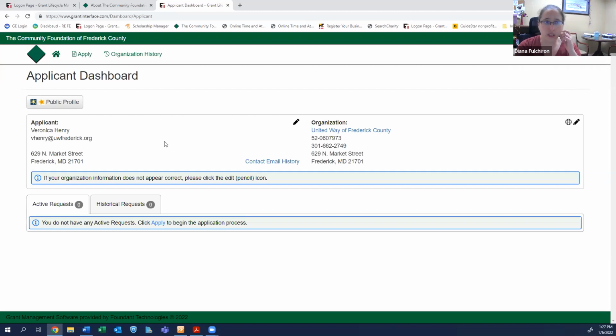But we started using this grant system, I think the first grants in here are from FY12 or FY13, somewhere in that range. So if you submitted applications to the Community Foundation prior to that, it's not going to be in the system. And if you received applications from any of our donor advised funds, those are also not going to be in the system because they're not a competitive grant. The only information you're going to see on here is if you've received an award through one of our competitive